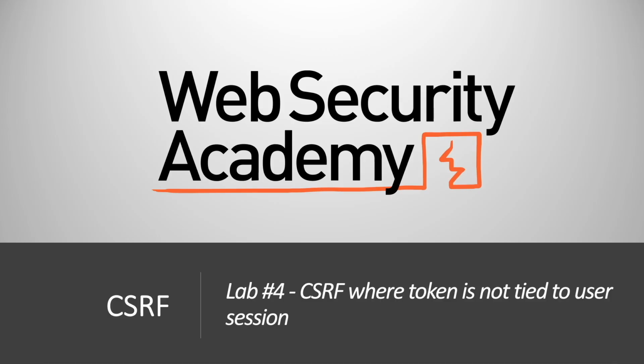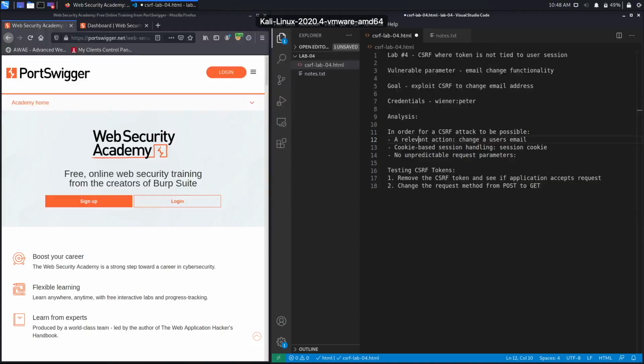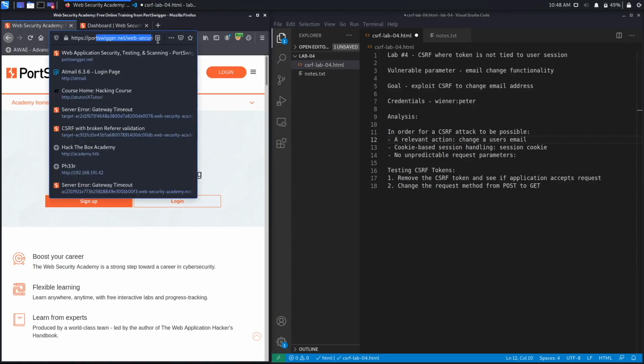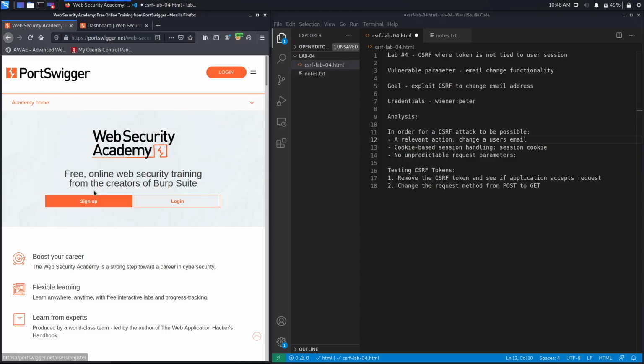In today's video, we'll be covering lab number 4 in the CSRF module titled CSRF where token is not tied to user session. If you do not have an account on the Web Security Academy, you can get one by visiting the URL